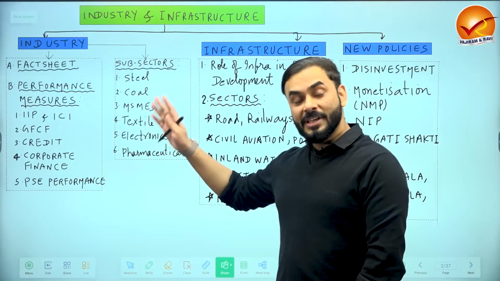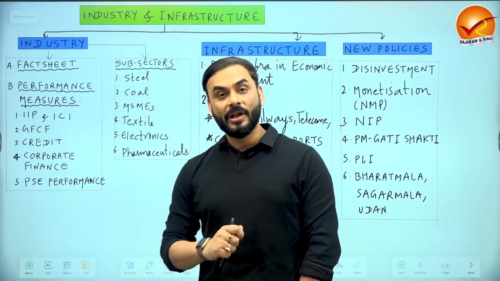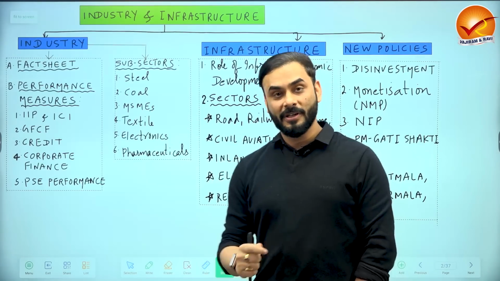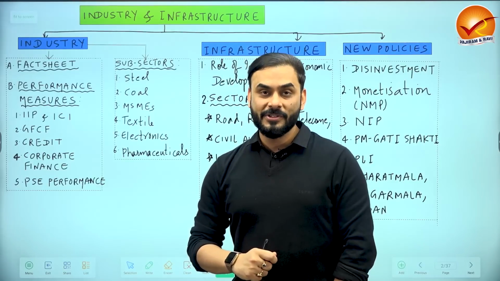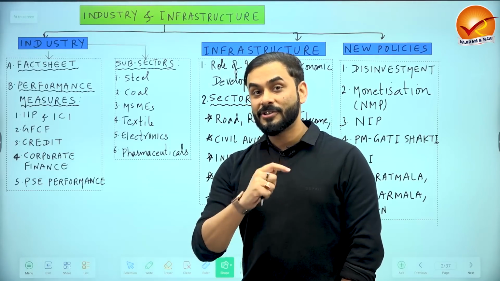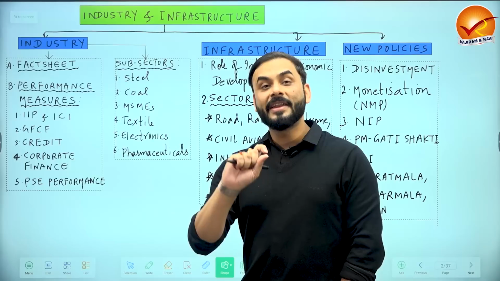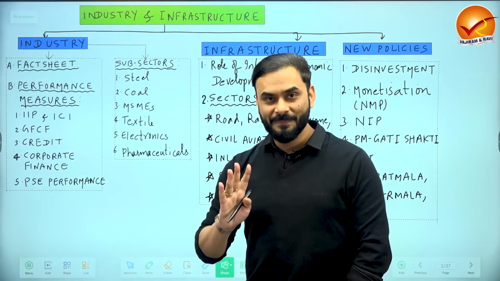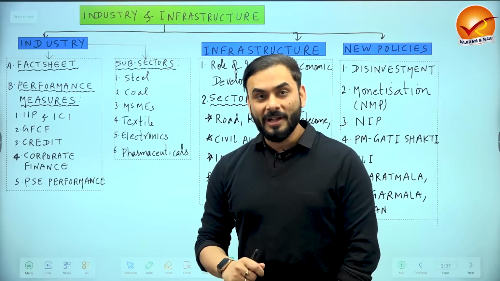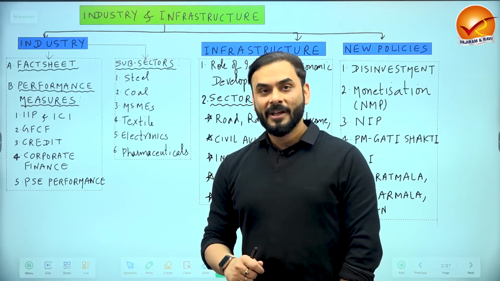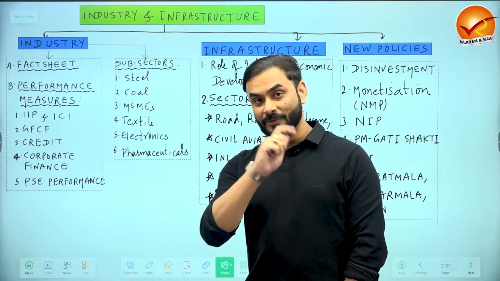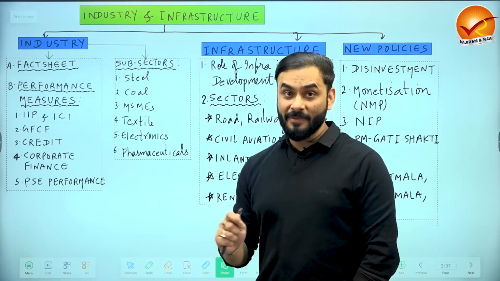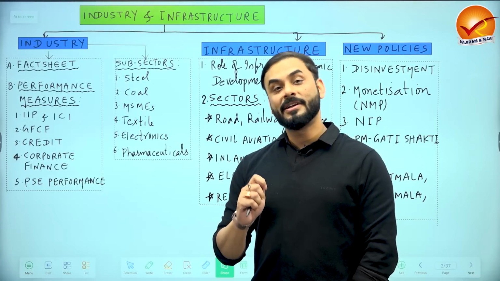When we come to the second part of the industries, we will have a look at some of the most important industries of the Indian economy. For example, the steel industry. We are one of the global leaders in the production of steel. So we are going to look into how the steel industry in India has performed, whether there are some problems in the Indian steel industry, and what solution the government has provided for that. Similarly, we are also going to look at the coal industry. India has the 4th largest coal reserve in the world, and we still depend on coal for our energy. So coal is a very, very important industry in India. We are going to look at its performance.